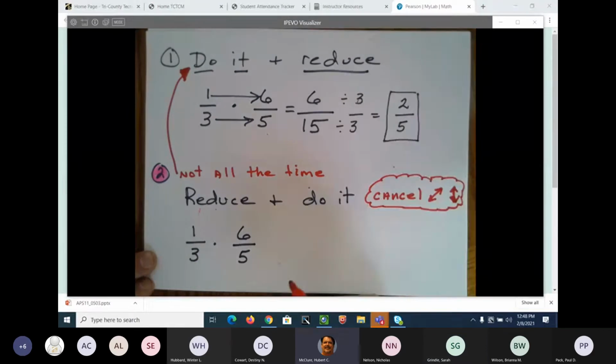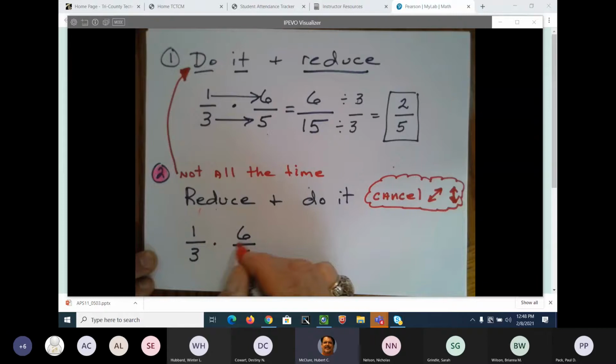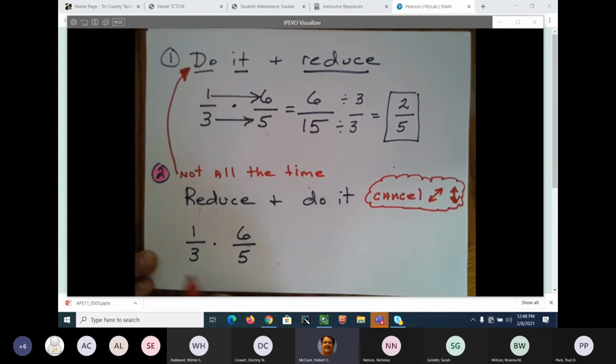So I can't cancel 3 into 1 and I can't cancel 5 into 6 because they don't work. Now, if this was a 4/2, then I would change it to 2 over 1. But this one, there's nothing you can do. So I'm going to look diagonally. Well, 1 and 5, they're both prime, so that doesn't help. Is 3 and 6? 6 is composite, and